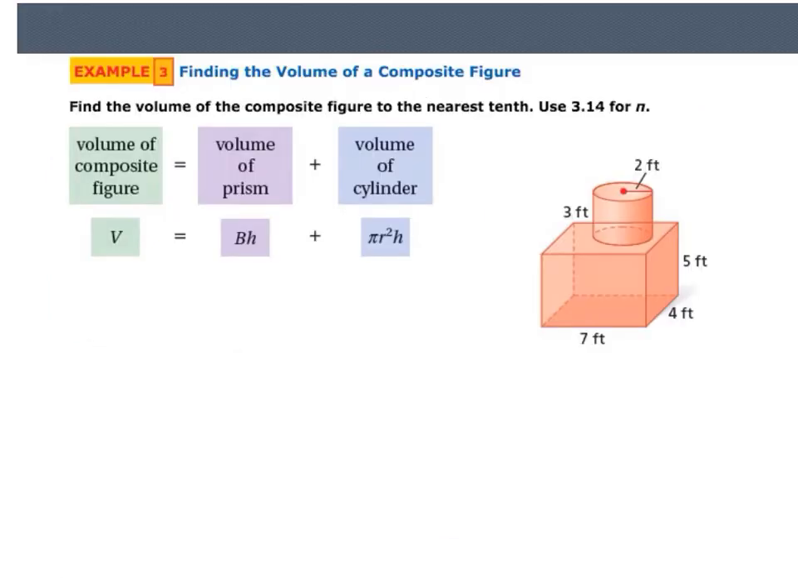Okay, sometimes they blend the two together. They call that a composite figure. So if we had a composite figure, it means we have a prism and a cylinder, and they're attached. So to find the volume of a composite figure, we're going to combine two formulas. First formula to find the volume of the prism, second formula to find the volume of a cylinder. So if we wanted to find the volume of this composite figure, we'd find the volume of the prism, which is 7 times 4 times 5. We would add that to